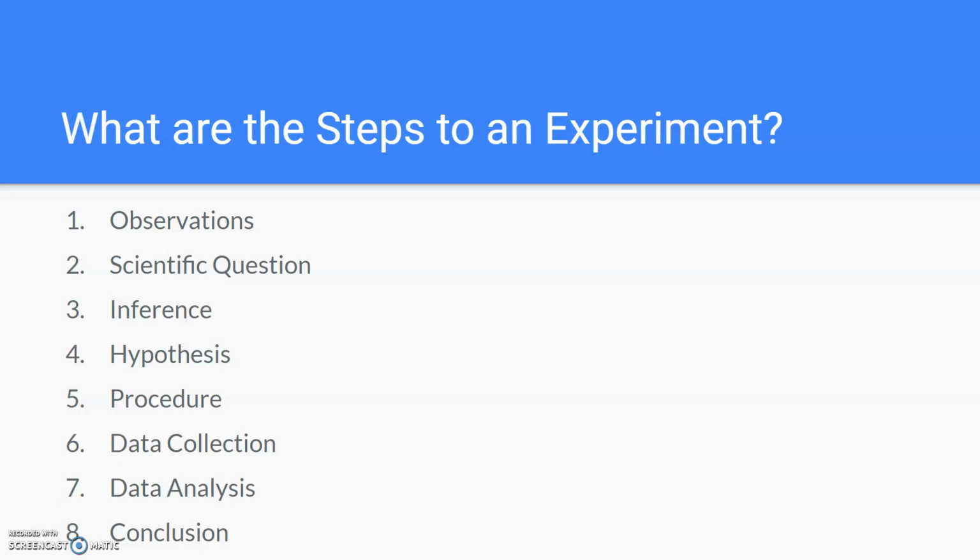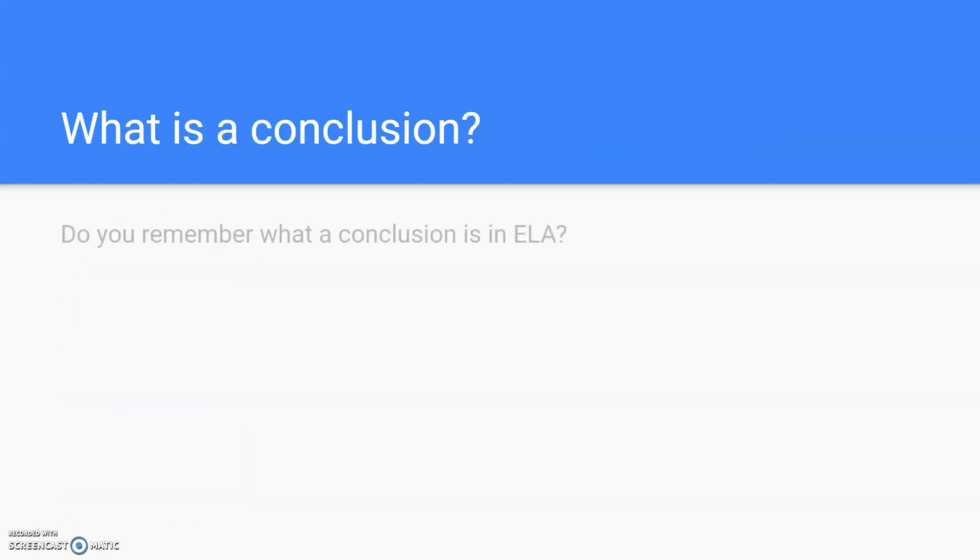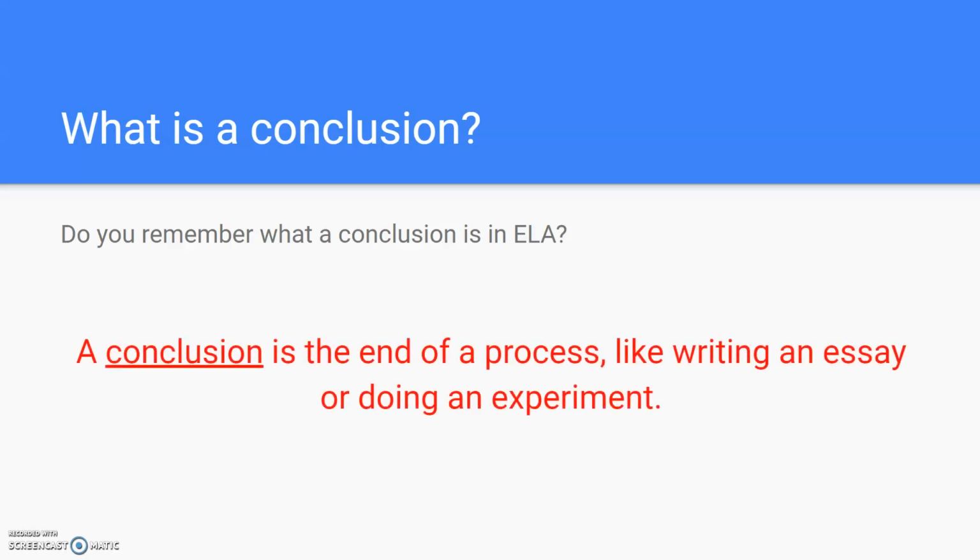So this is the end of the experiment, this is the conclusion to the experiment. That's what we're covering today. What is a conclusion? Do you remember what a conclusion is in ELA? We might have talked about it earlier in class. What's a conclusion in ELA? So a conclusion is the end of a process like writing an essay or doing an experiment. So writing an essay in ELA, the conclusion would just be the end. Maybe it's the end paragraph, maybe it's the end sentence, but the conclusion wraps up everything in a nice, neat little bow